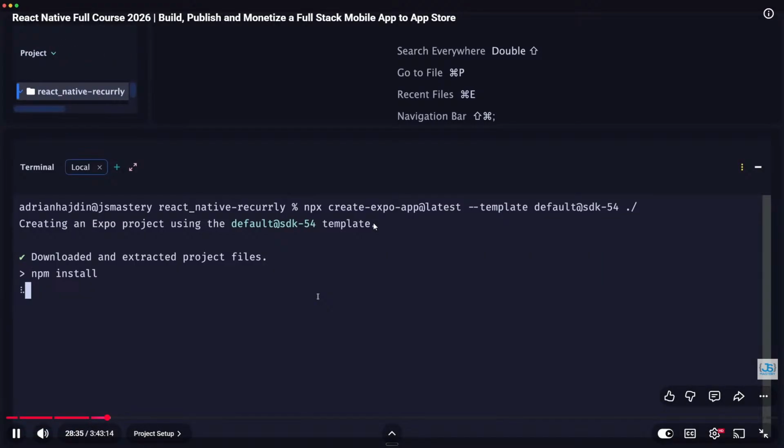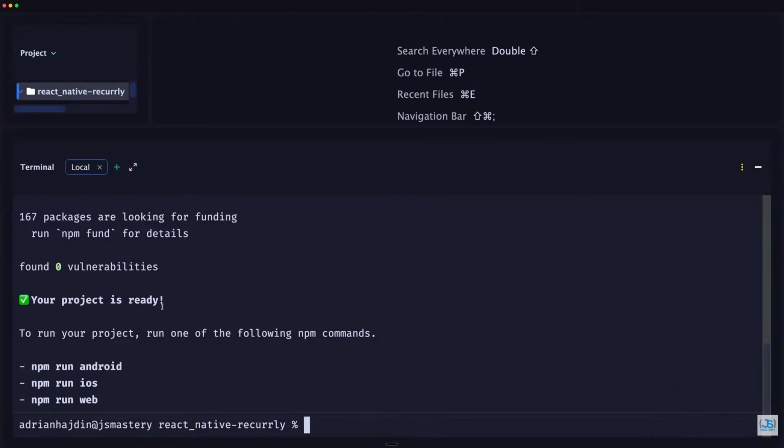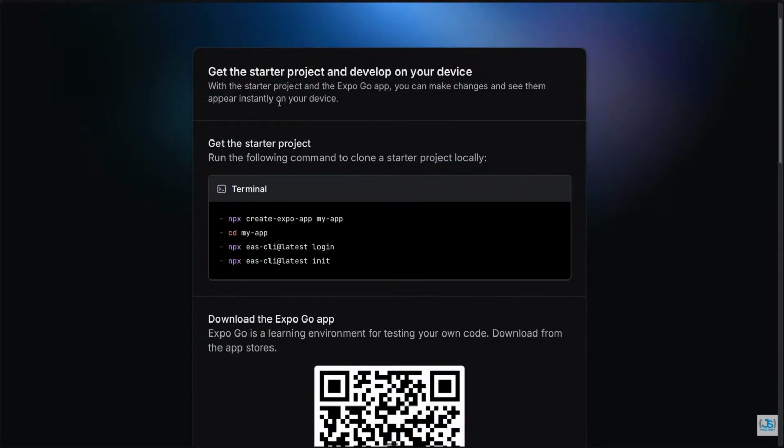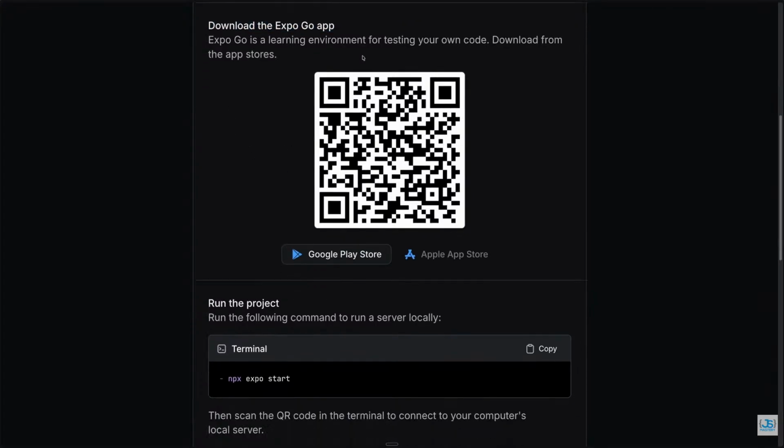So let's wait until it finishes. In less than a minute, our project is ready, and you can run either one of these three commands to run the project, or you can head back over to the Expo website where we started a new project, and here you can see the second step, and that is to download the Expo Go application. And only after we have it, we'll run npx expo start,